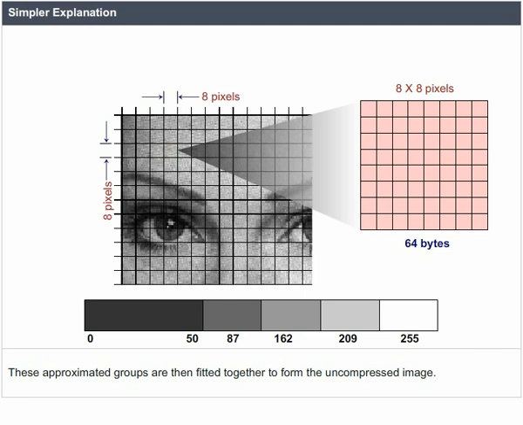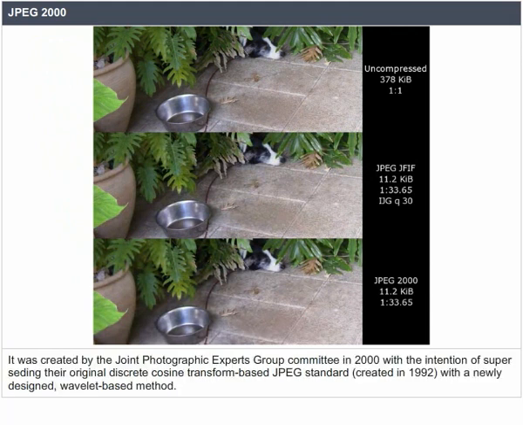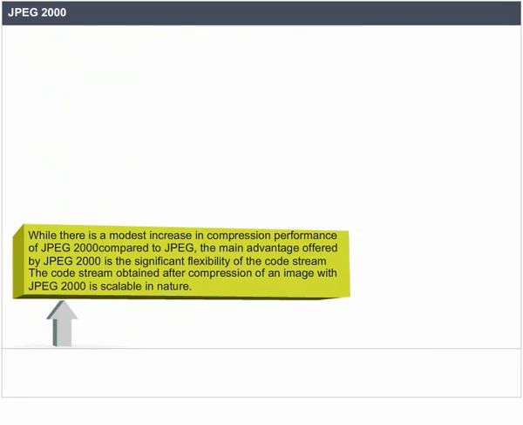JPEG 2000. JPEG 2000 is an image compression standard and encoding system. It was created by the Joint Photographic Experts Group committee in 2000 with the intention of superseding their original discrete cosine transform-based JPEG standard created in 1992 with a newly designed wavelet-based method. While there is a modest increase in compression performance of JPEG 2000 compared to JPEG, the main advantage offered by